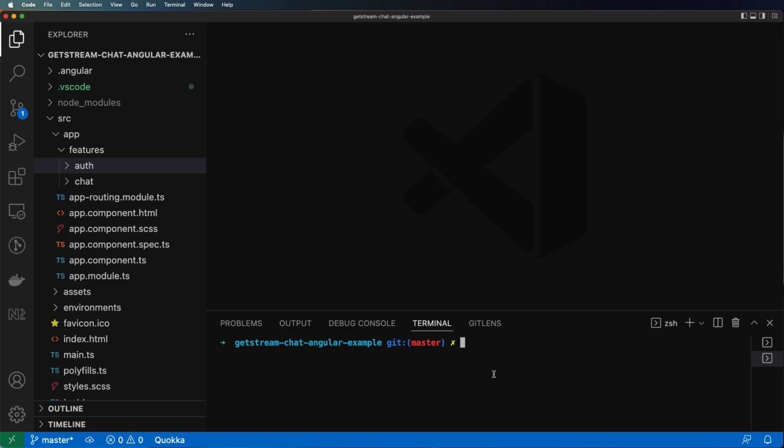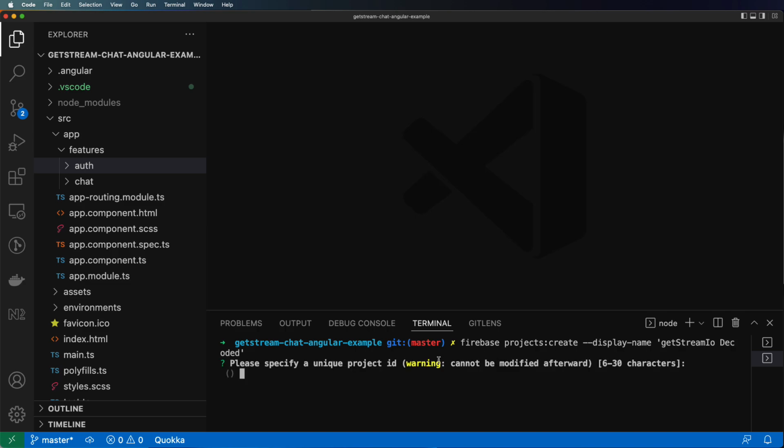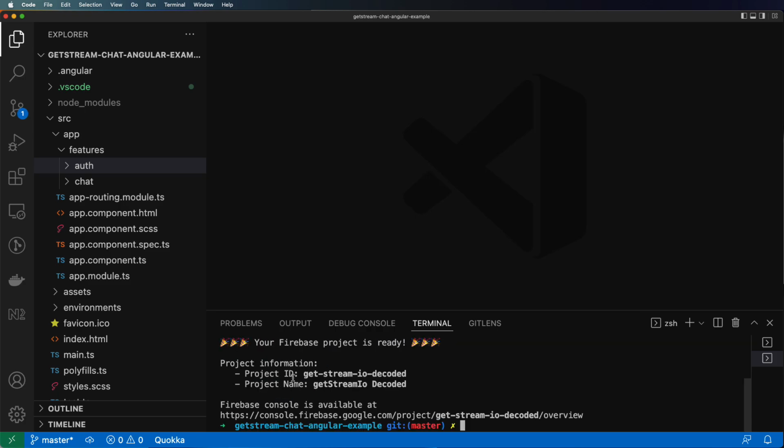Now we have to create the new Firebase project. You can go to Firebase console to create it, or you can use the CLI, and actually you can run this command firebase projects:create, and then with --name you can define the name of your project. I will name it GetStream IO decoded, and here I'm asked to provide some unique project ID, so GetStream IO decoded. Here we go, it will take some time, and finally our project has been created,